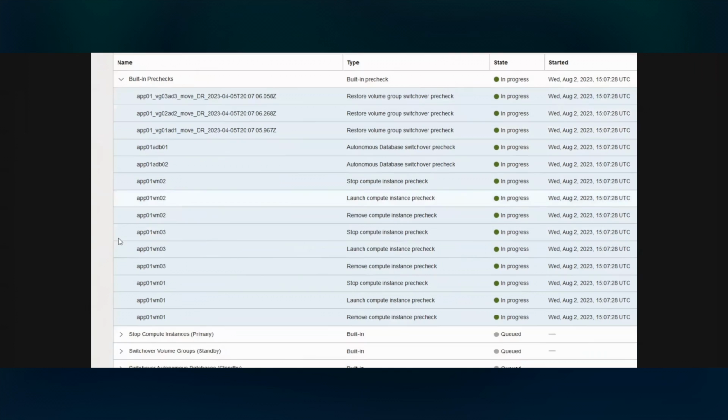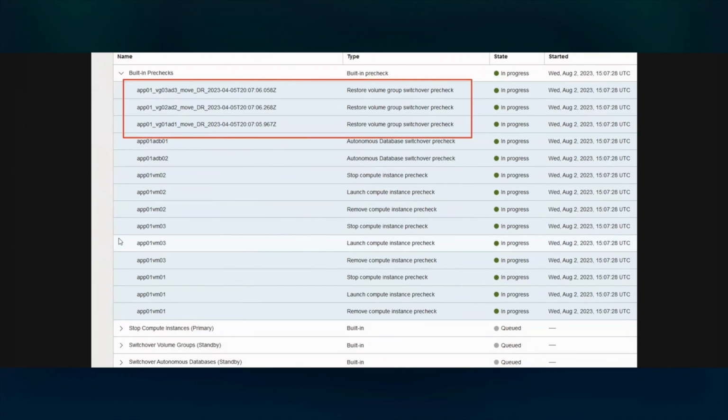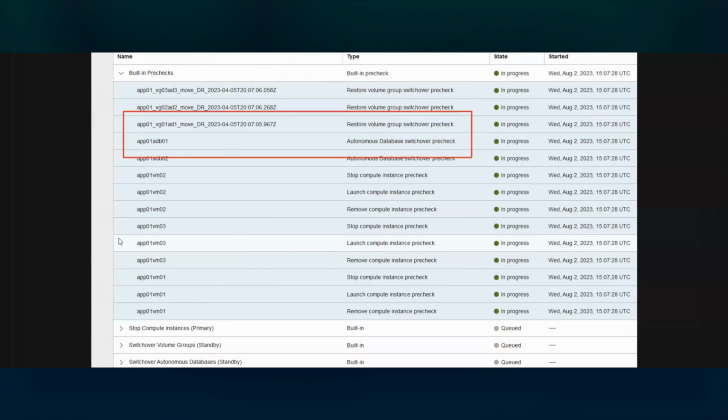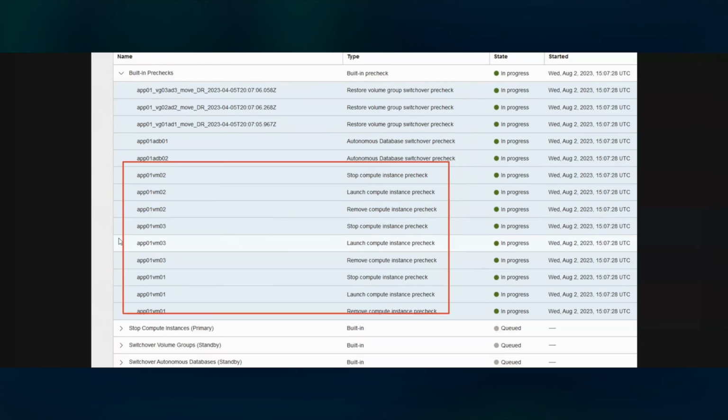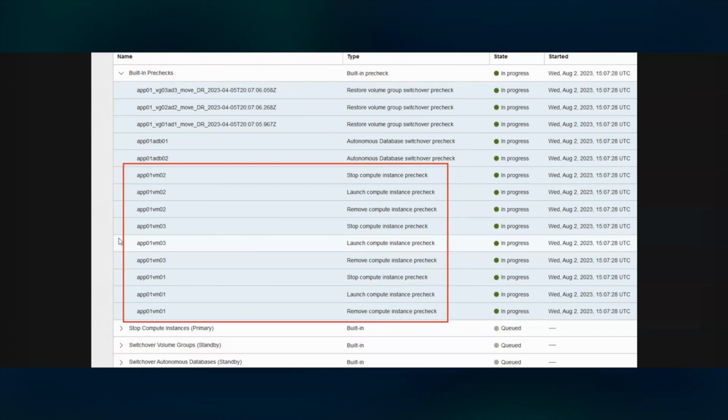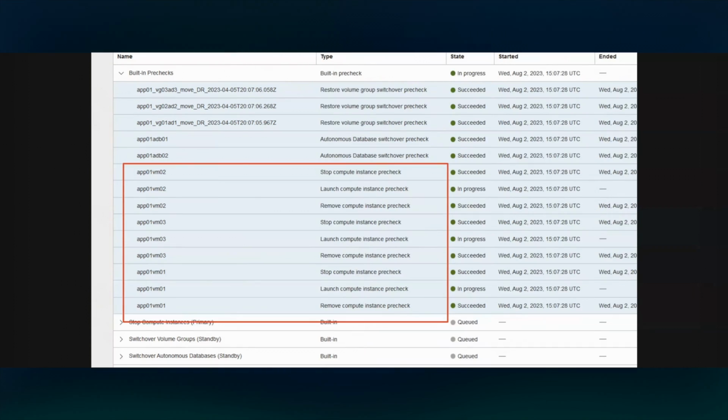Pre-checks validate the readiness of various things like replicated storage if you've added volume groups as members. It ensures DataGuard is ready for switchover or failover if you've added one or more databases as members. And it checks to see if stopping VMs at the primary site and launching VMs at the standby site are likely to succeed. It also ensures any subnets you specified for VNICs at the standby region haven't been accidentally deleted